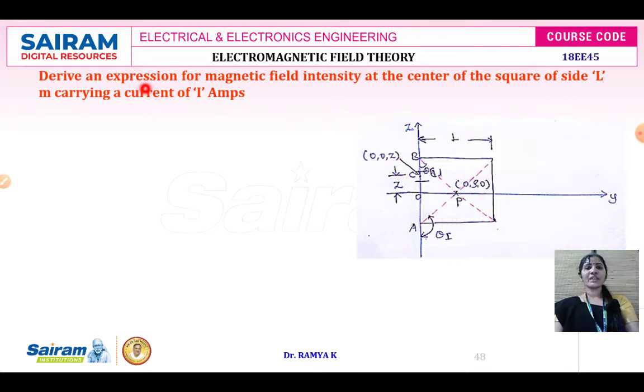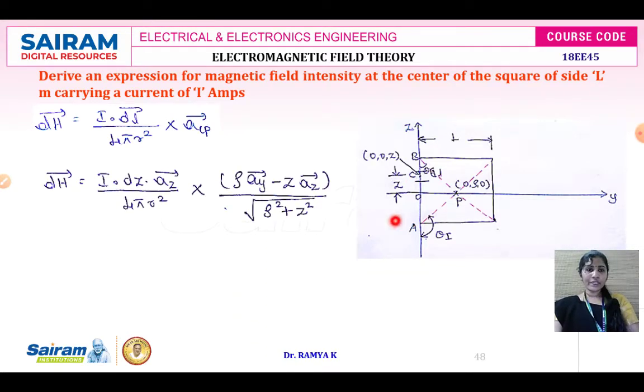Now, to identify the expression for the magnetic field intensity, we have to apply Biot-Savart law. So this is one type of application that you can relate to your Biot-Savart law. According to Biot-Savart law, we know that the differential magnetic field intensity is equal to the current carrying element I dl divided by 4 pi r square, into the unit vector between the cause and effect. Since point P is the place where we want to identify the value of magnetic field intensity, point P is the effect and point C is the cause.